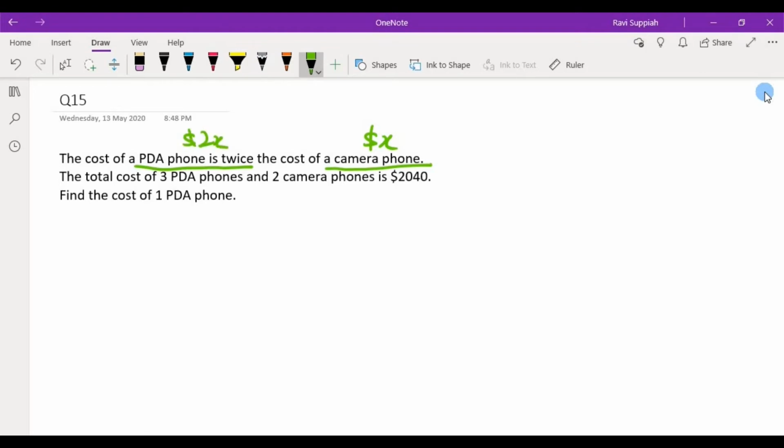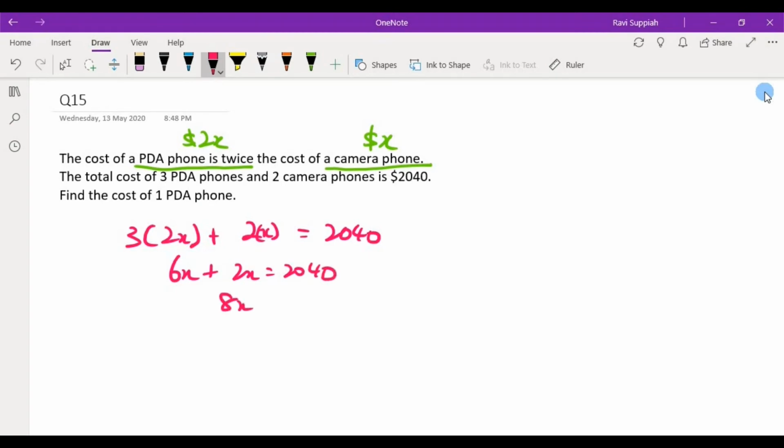Alright, and that means that the cost of 3 PDA phones, which is 3 times 2x, plus the cost of 2 camera phones, which is 2 times x, will be equal to 2040. So 6x plus 2x is 2040, 8x is 2040, which means that x is equal to 2040 divided by 8. Okay, 2040 divided by 8, which is